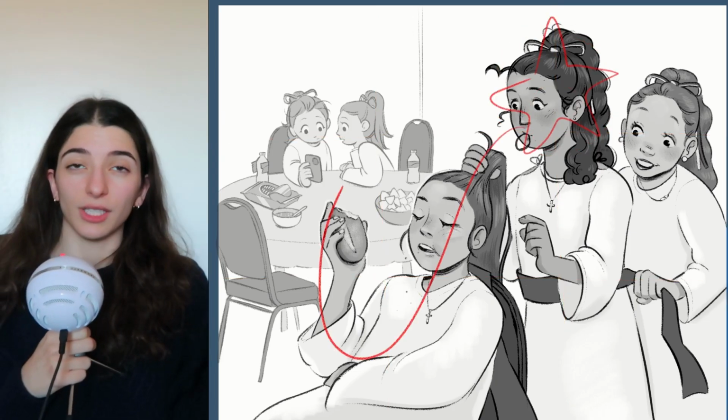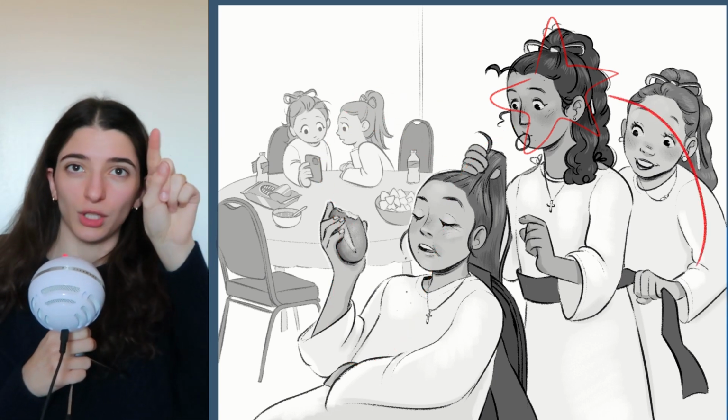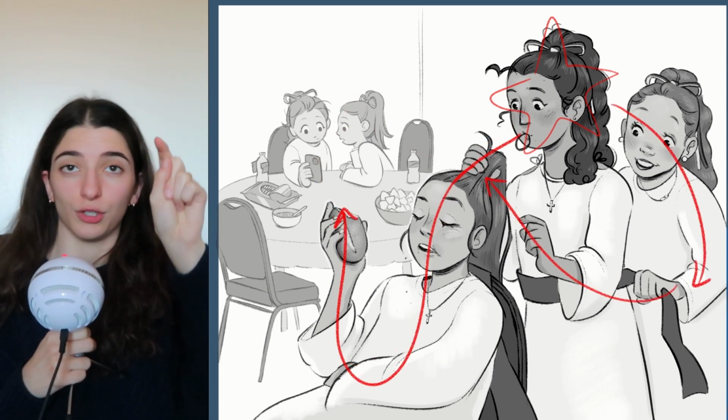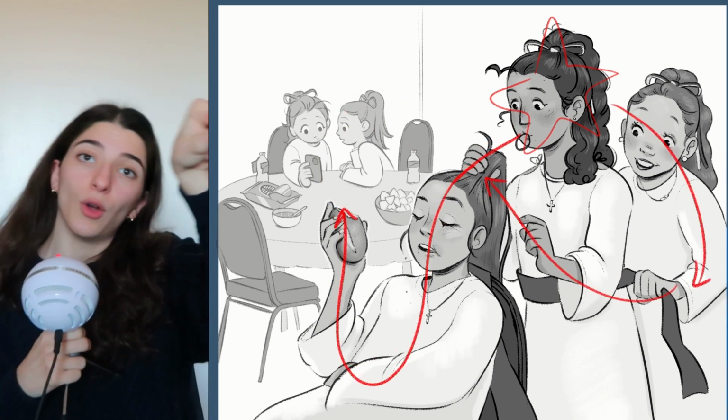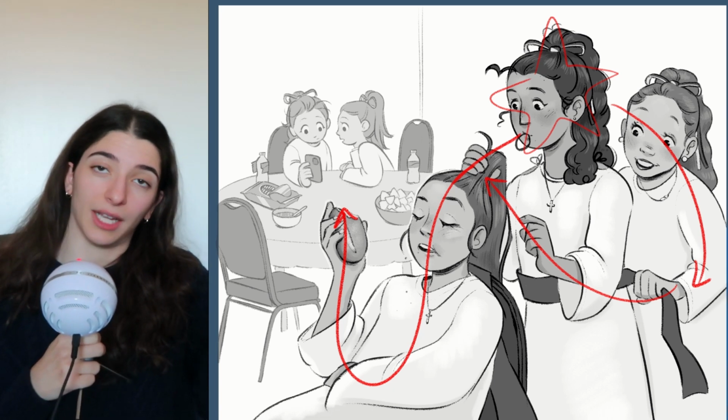So once I've established where I want my focal point to be, aka the first spot the audience's eye goes to, I want to think about how I am leading the viewer's eye through the piece, through the different elements that I've added into the illustration. The three girls in the front kind of form a triangle. So from the top, the viewer can either choose to look down to the one who's sitting or to the right to the one who's tying her sash.